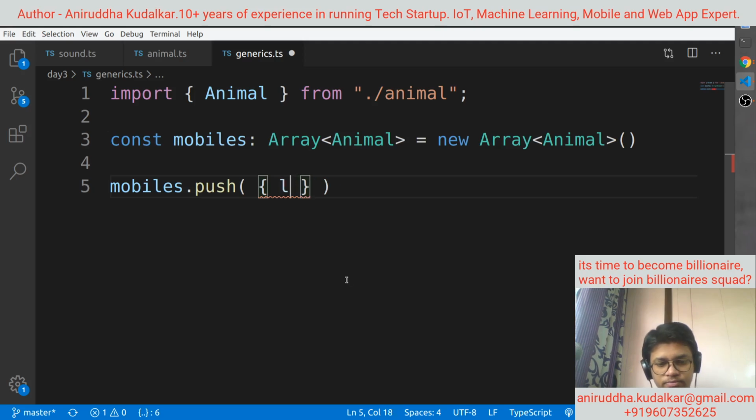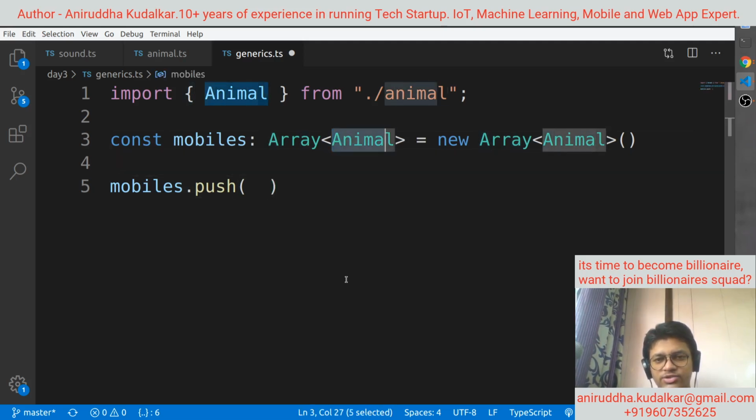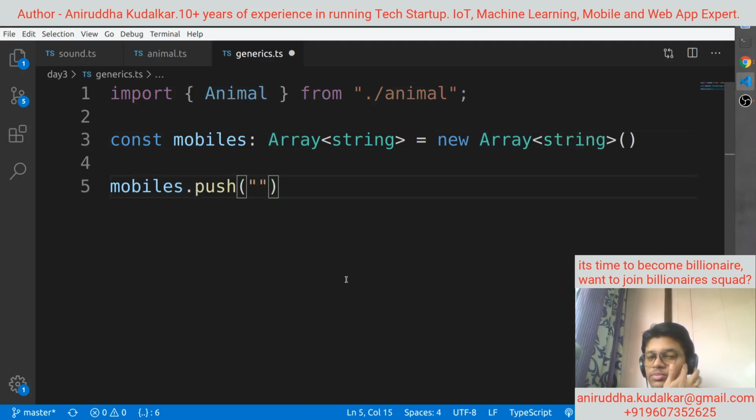Like colon 1, and you need to provide, well, this is a way bigger object. So in this case let me remove that and make it string, but that is also possible. You just need to go on adding the strings. Either you use single quote or double quote.